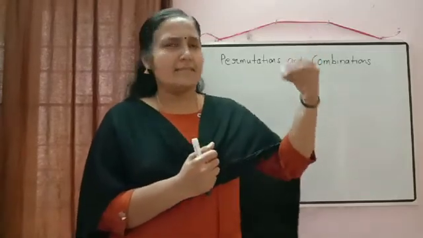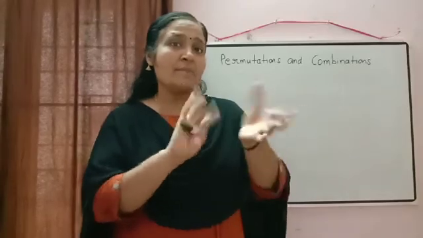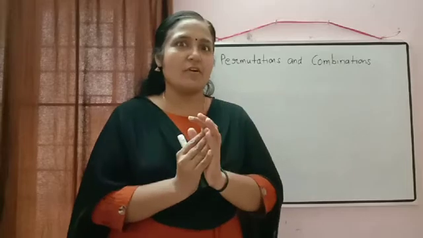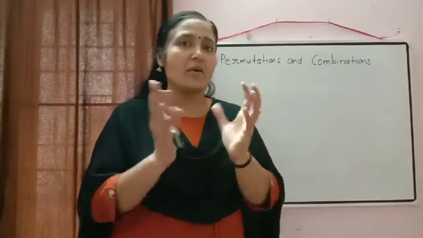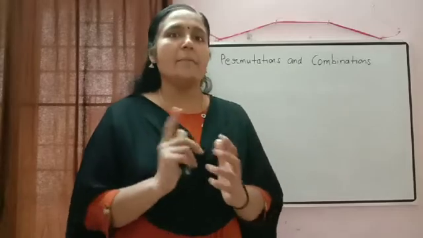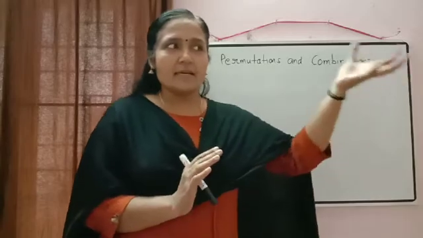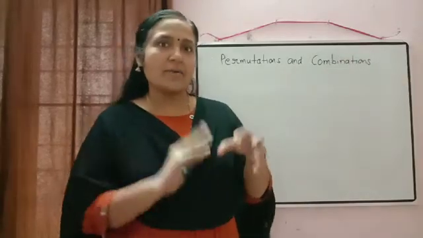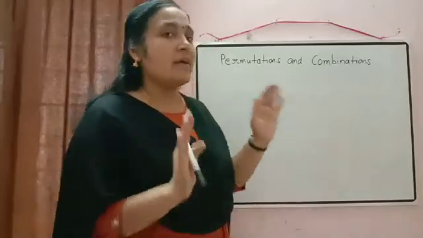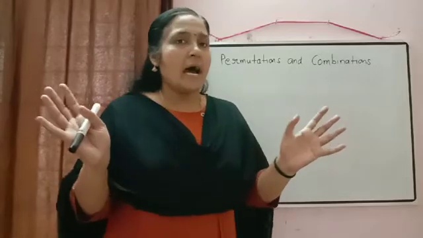Now, when your father gives them to you, what will you decide? This dress I can wear for this function, or that dress for that function. You might have some confusion, and accordingly you are arranging your dresses. That is called permutation. So permutation means first selection and then arrangement. But in combination we are doing only selection. We are not worried about its arrangement.